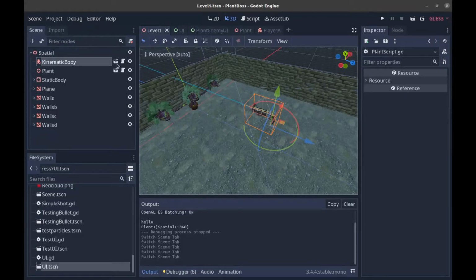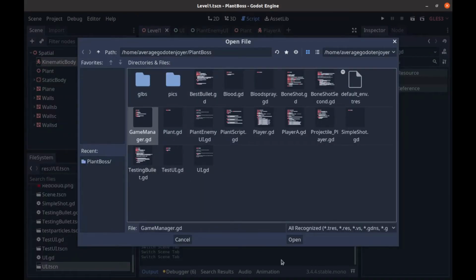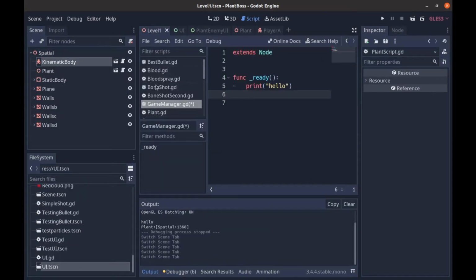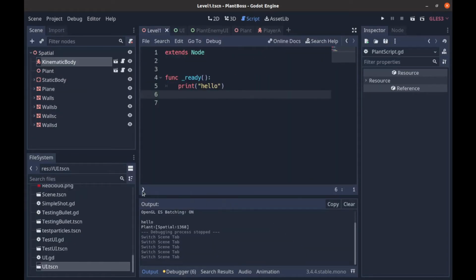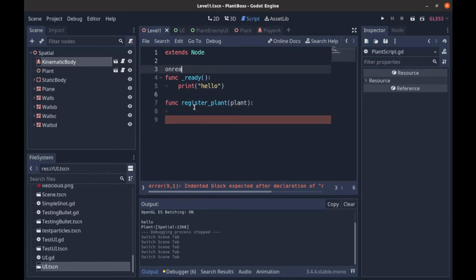So now we're going to start fleshing out our Game Manager script. So we'll click on Script up here. We'll then go to File, Open, and we'll select Game Manager. You can also select it over here in this little pop-out box. So I'm going to do this. I'll say func, and we'll register plant. And then we'll say plant here, and then we'll also say up here we're going to go to onReady